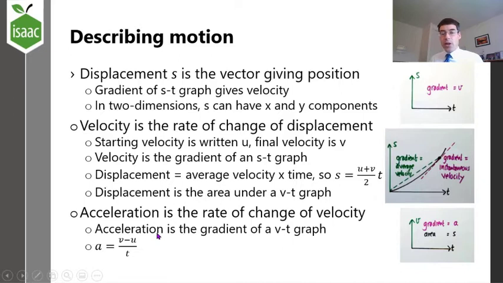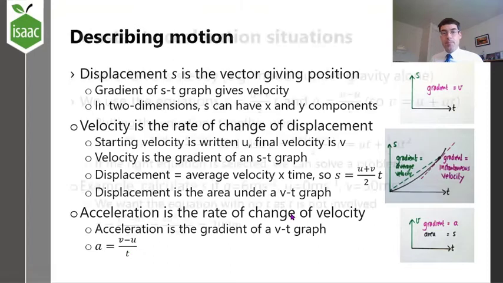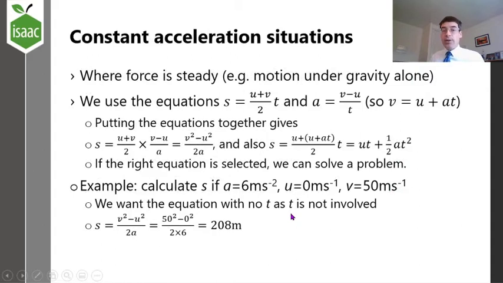So acceleration being that rate of change, it's the gradient of the velocity time graph. So in other words, it's the new velocity minus the old velocity, that gives the change, divided by the time taken, a formula I'm sure you are familiar with from your previous study. However, at A-level, we do put it together to make some more complicated equations, which are used in situations where the acceleration is constant. So, for example, something falling under the action of weight alone, the interaction of gravitational forces